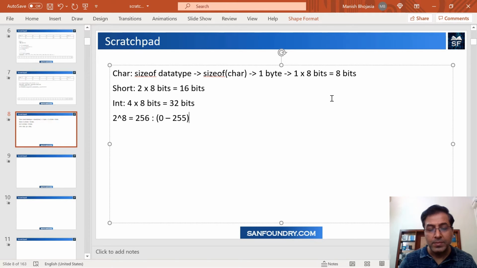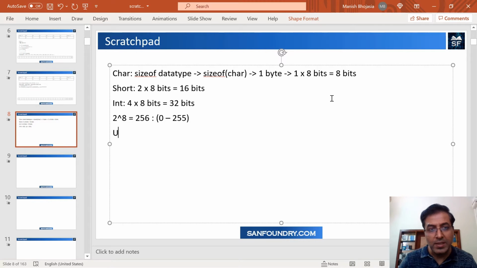However, this is good when we are talking about a memory space where you are going to have only the data. But in terms of programming, data has additional properties. It is signed data versus unsigned data.